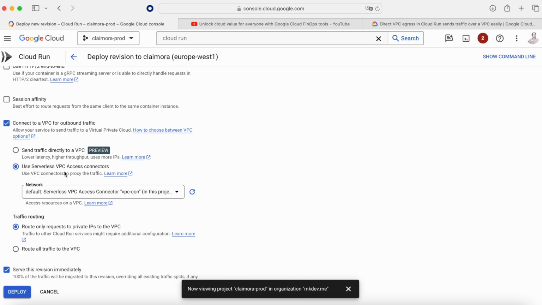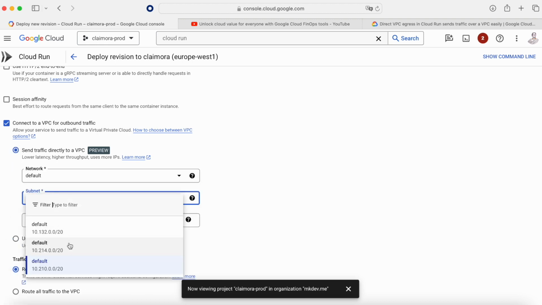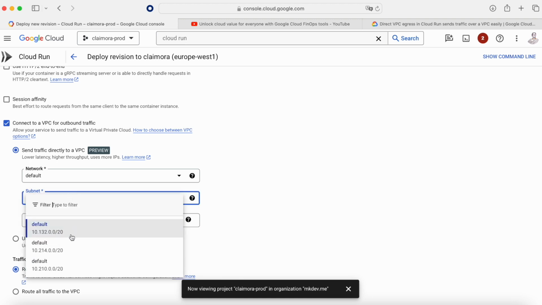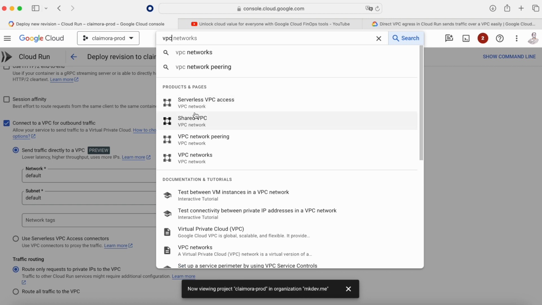As you can see, in this networking, we are using this serverless VPC. And we can now go to use this directly to a VPC. If we click here on directly to a VPC, we can choose a number of networks. I will show you now what network we have to choose. Let's think that it is the first one, 132.0.0.20. So now if we go here to the VPC,